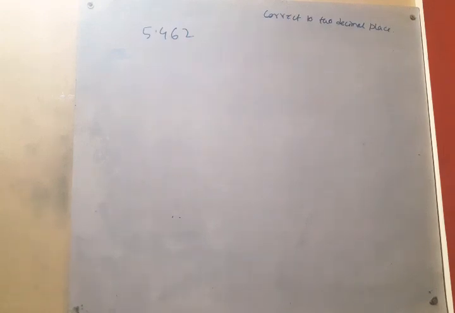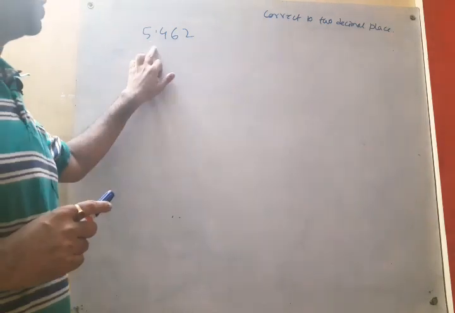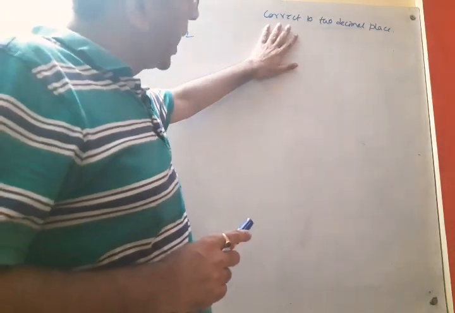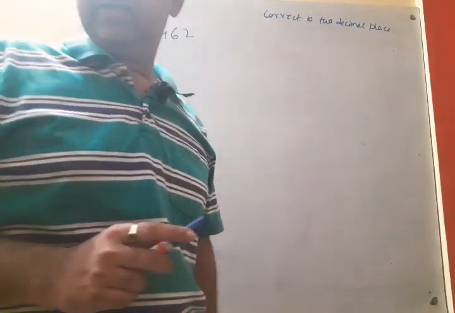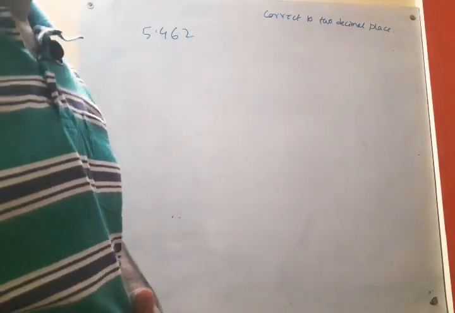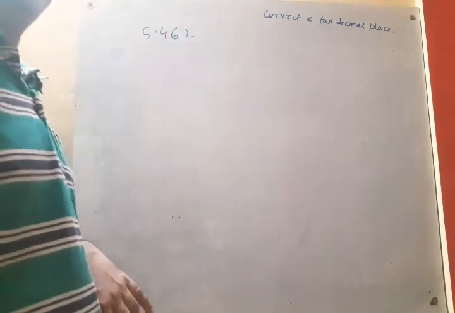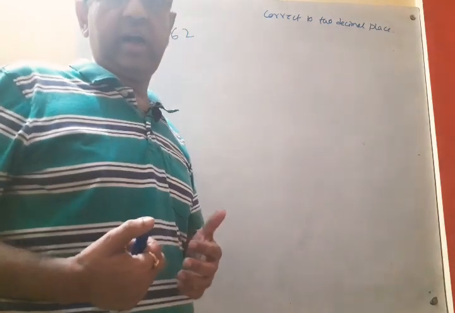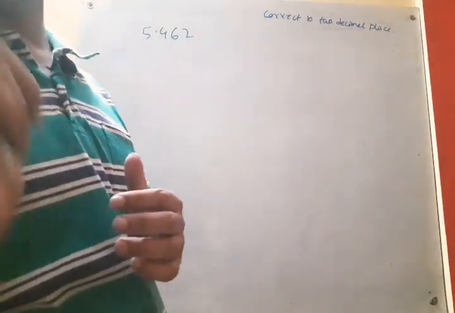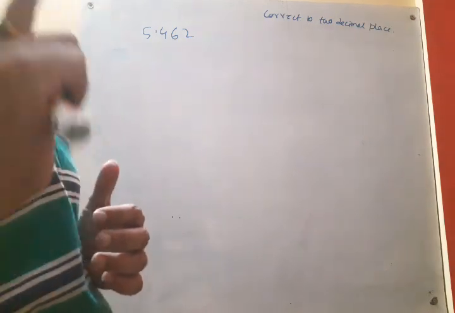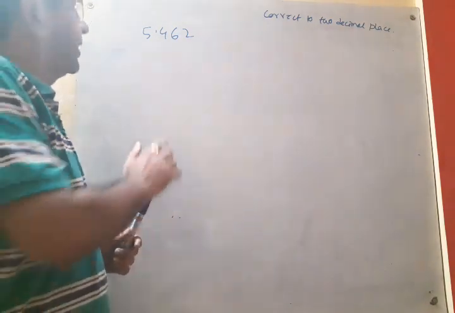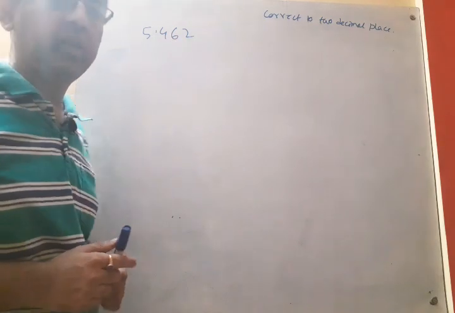In this way we can find the square root of a decimal number by the long division method. Now here we will find the square root of 5.462, but correct to 2 decimal places. That means there will be 3 digits after the decimal. Why 3 digits? Because we have to go for rounding off. So we have to take 3 digits after square rooting of the number. To get 3 digits after square root, we need 6 digits after the decimal. But here we see there are only 3 digits after the decimal.